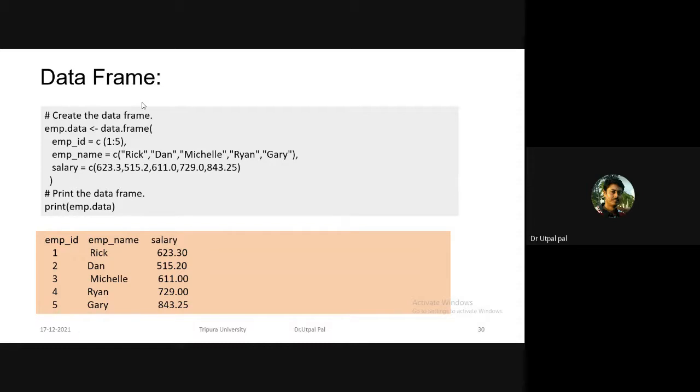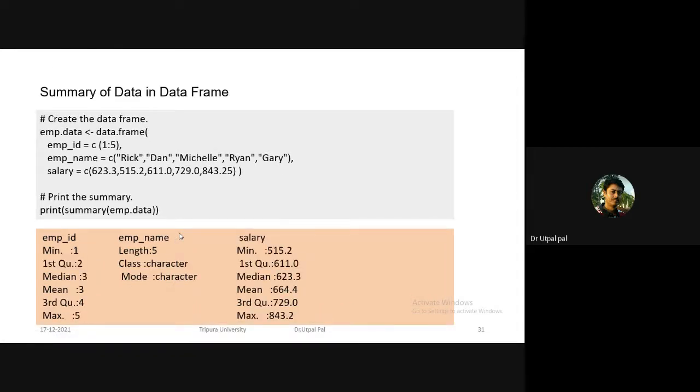To create a data frame, we have the function data.frame, and you put whatever values you want. Here we have a vector, another vector of strings, and another vector of real numbers. So we have three types of data within this frame. If you print it, you'll get data in this format. That means we can create tables using data frames.